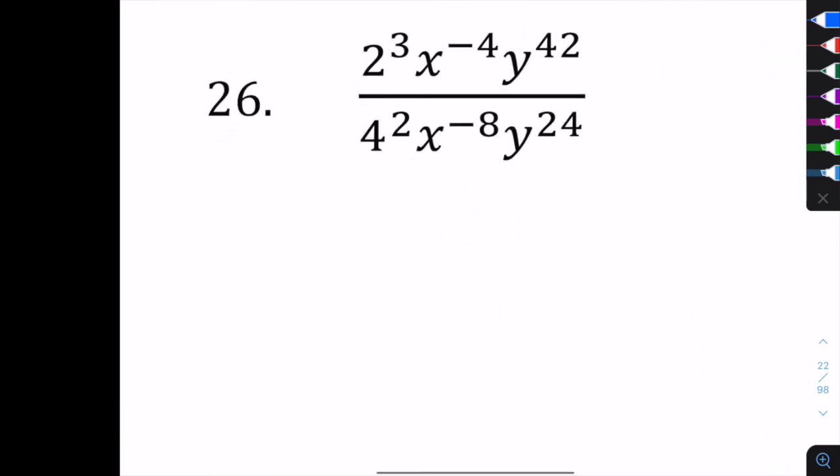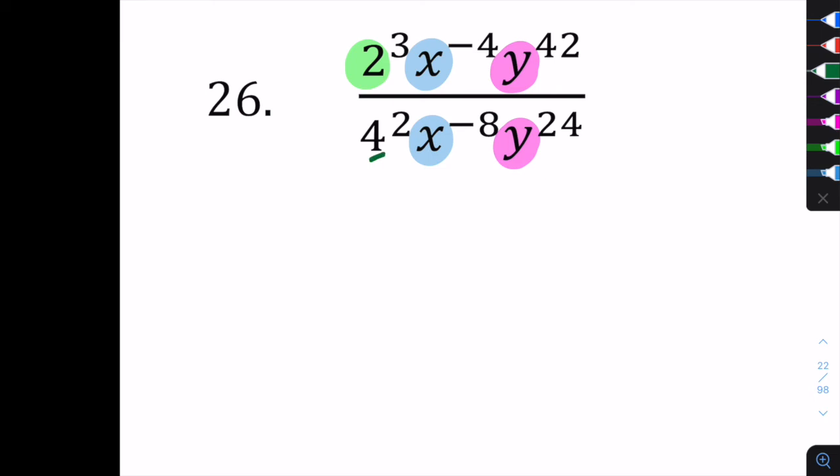All right, let's go get something real fun. Oh, yeah, look at that. 2 to the 3rd, x to the negative, let's not even read the whole thing. It's long, but we're going to look throughout for some common bases. So I'm looking through. I see an x there and an x there. Terrific. I see y and y. Also good. I see these coefficients out front. They don't have quite common bases yet, but you probably are onto something that we can make something happen